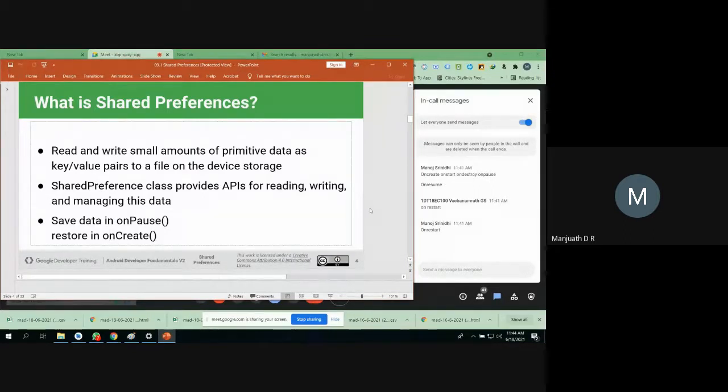The advantage of using onResume is, if your app is still running in the background and you press your back button to come back to your application, then onCreate is not going to be called. The method called is onStart, right? So that's why you put your data in onResume. That is the best way. If you completely destroy your application and want to reopen it from scratch, then you restore the data in onCreate. This is not the best option, as I remember.